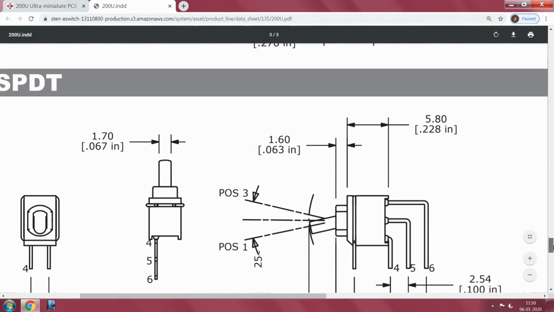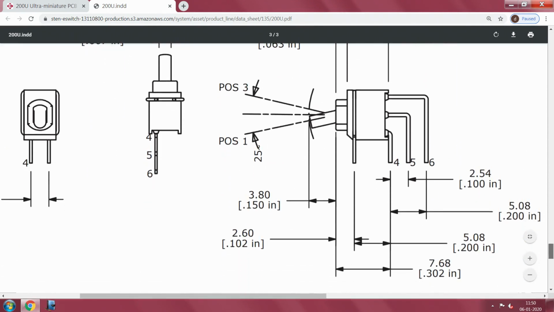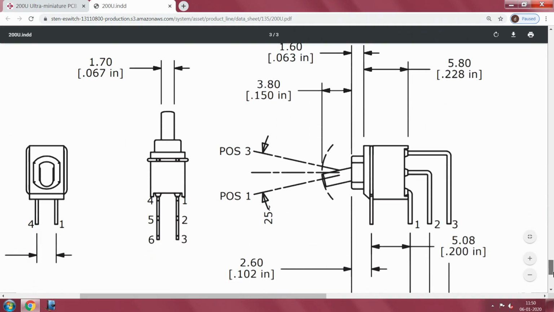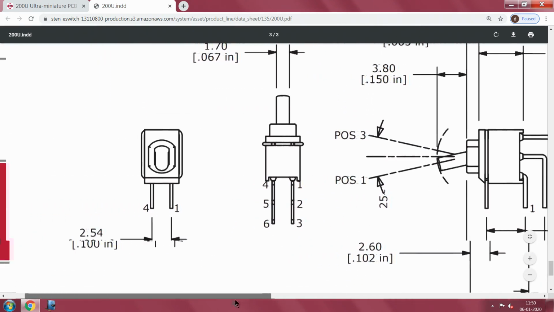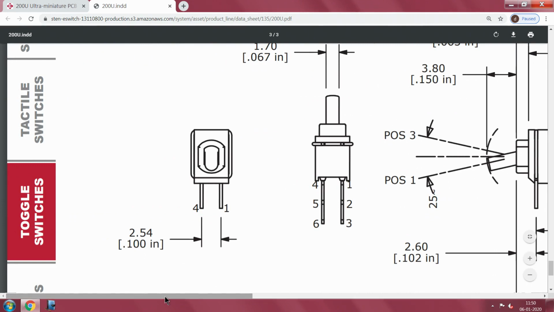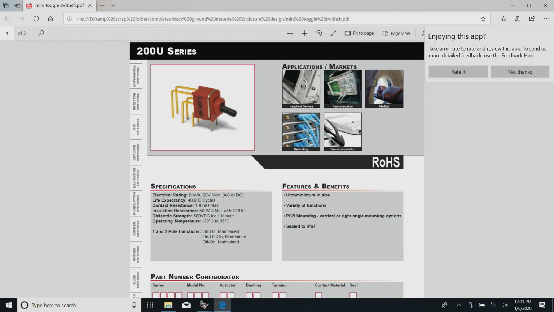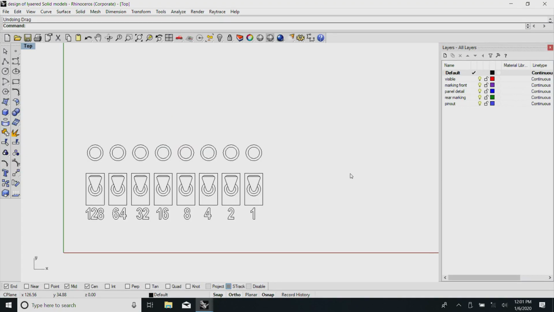You have seen that this is vertical. So, it is possible for us to make it move. Same thing in the vertical mode when you have double throw toggle switches. Now, let me jump to the model which I am trying to create. In this case, I have just now started this drawing here.